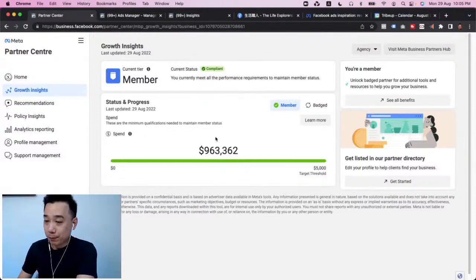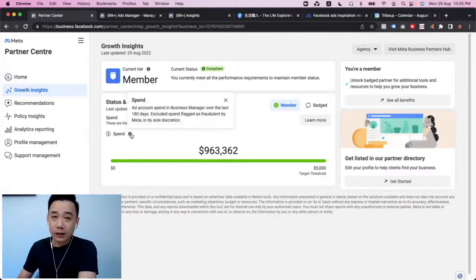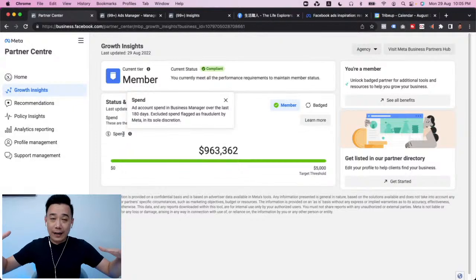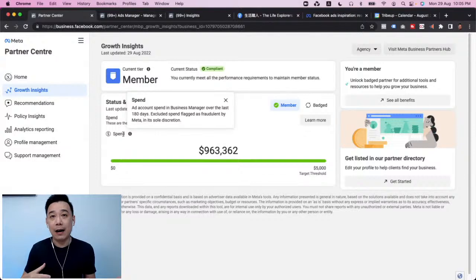So this is the amount that all the ad accounts parked under my business manager have spent in the last 6 months. This is a 180 days overview. So accumulating all the ad accounts under my business manager, which means they are my clients, essentially coaching clients, because we work together. They tie their ads manager to my business manager as a partner, so that I'm able to look into their campaigns from time to time and give them recommendations about what they should be doing to improve their campaign.